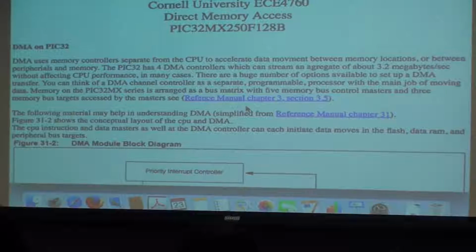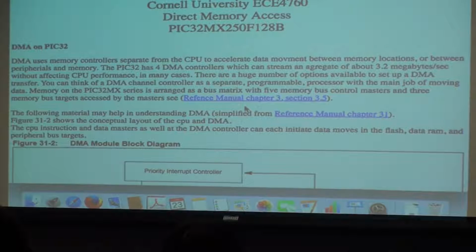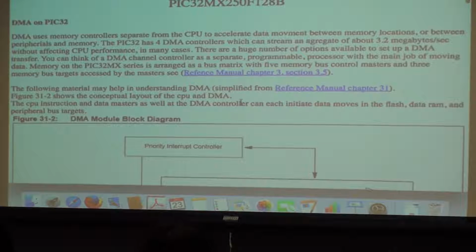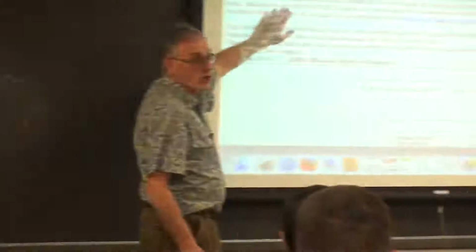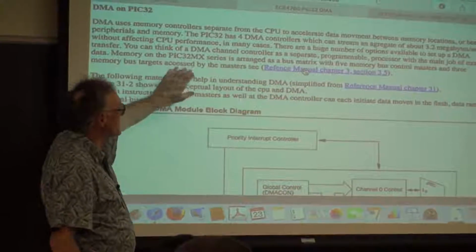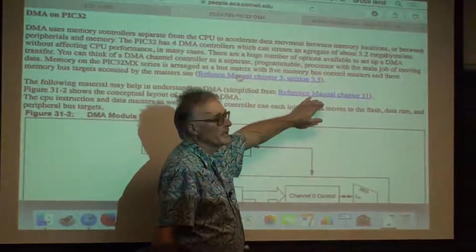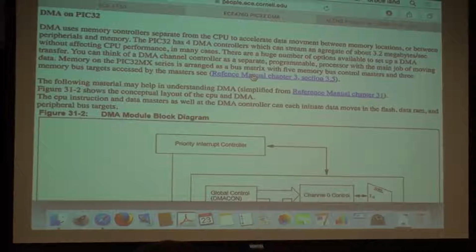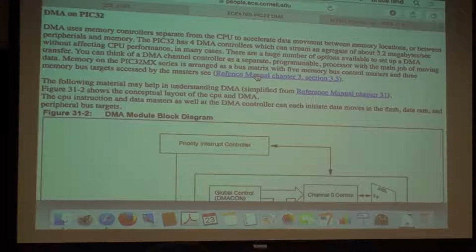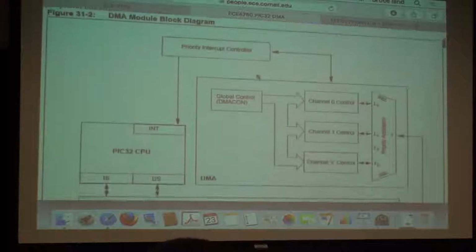But it's daunting. Actually, there's two chapters that are interesting. Chapter 3 is the structure of memory and how memory is accessed. And then chapter 31 is how the direct memory access uses memory. But the short answer can